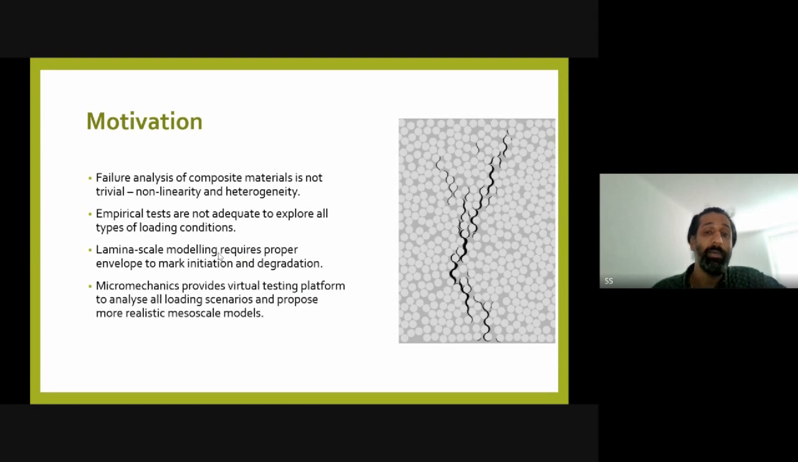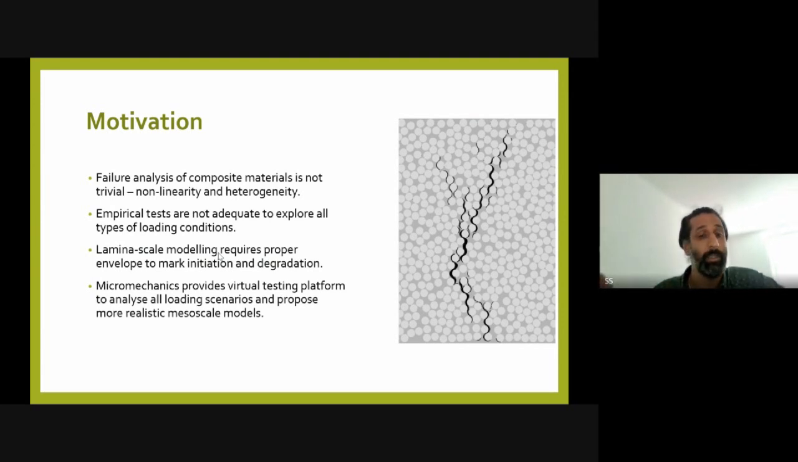Moreover, people have conducted many experimental tests, but those tests are not adequate so as to extrapolate those properties and propose models for composite materials at mesoscale or, say, the macro scale. Even modeling at the laminar scale requires that we prescribe proper envelopes which are derived from different loading conditions which are applied at the micro scale so that we can properly derive the degradation as well as the envelope for